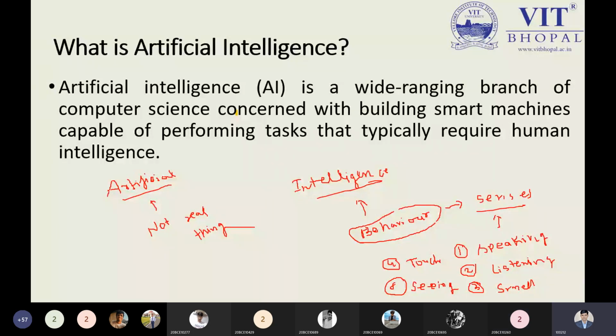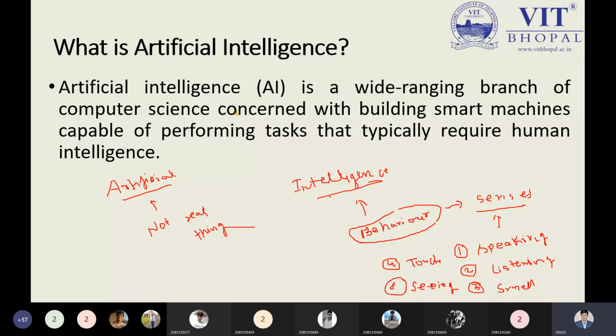The first one is artificial and the other one is intelligent. So what is intelligence? After getting the idea from intelligence, the things in intelligence are not real, but we can implement them into a machine. You can't implement intelligence in a chair or table. You can implement intelligence into a machine. So we have machine intelligence. Artificial intelligence is also known as machine intelligence. In other terms, machine intelligence can be identified by artificial intelligence.